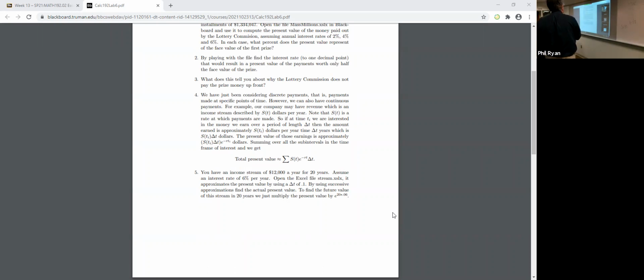The way we do that is by using the interest rate, e to the minus rt. That's the thing that brings money from the future to the present. It brings its value from the future to its present value. So we can write this as a Riemann sum, and we know that that gives us an integral. So if you open up the file, stream,